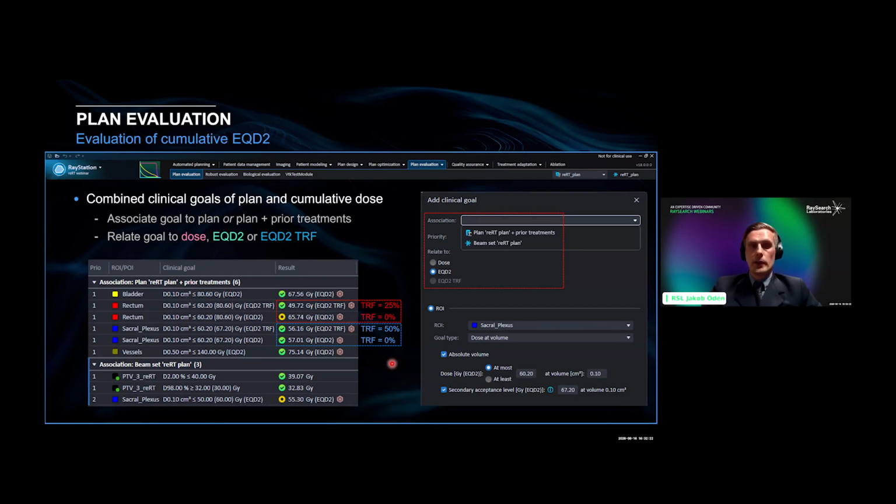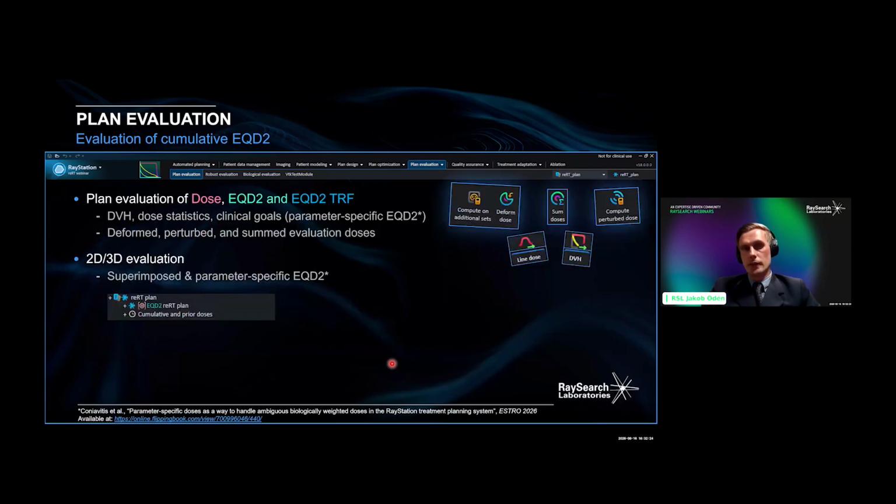And the next thing then would be, of course, to evaluate the plan using all the existing functionalities such as DVHs and those statistics. You can perform deformation or perturbed and some evaluation doses. And you can, of course, also look at the 2D and 3D dose evaluation, both superimposed and these parameter-specific EQD2s. So in the plan evaluation tree, what you have is the plan dose, then you will see the EQD2, but then